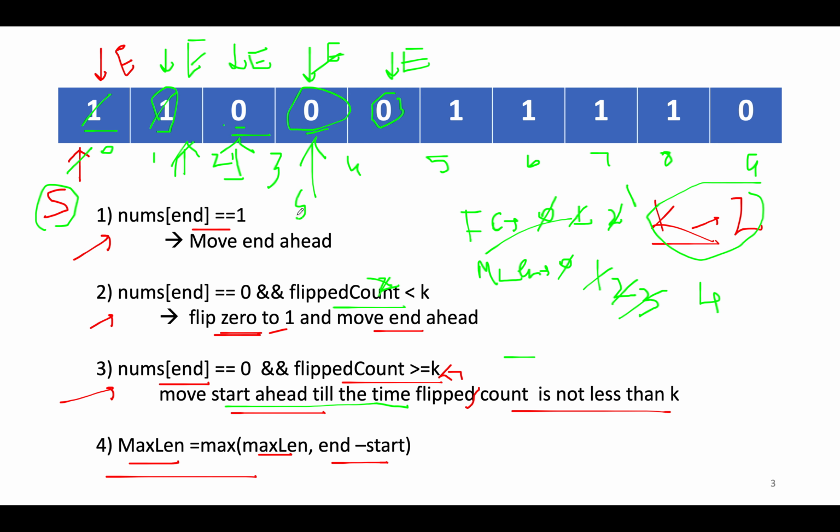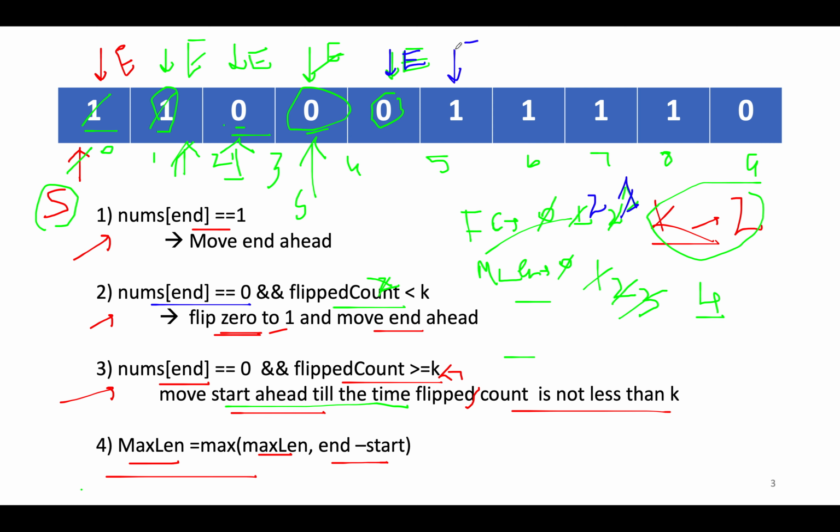So start is here at 3 and end is at 4, and the value of fc is 1. We have fc as 1 and max length variable as 4. So far it's a happy case, and let's continue the process. End is pointing to 4 and the value here is 0. So what we are going to check, the nums of end is 0, this condition is met, and flip count here is 1. So 1 is less than 2, it's a happy case. What you're going to do, you'll flip this value and update the fc counter to 2. fc gets updated to 2 and you'll move ahead with the iteration.